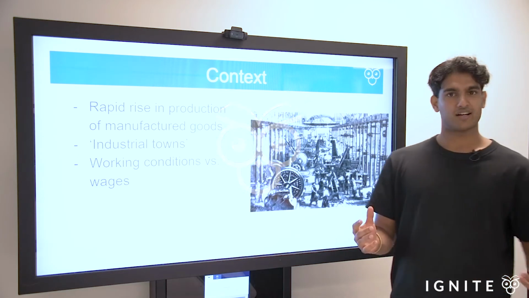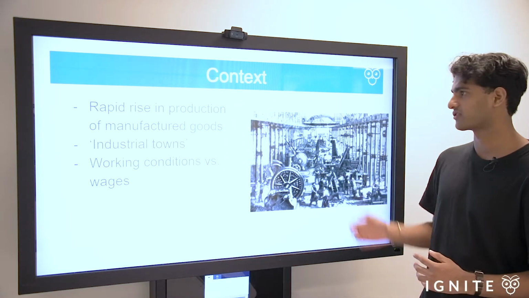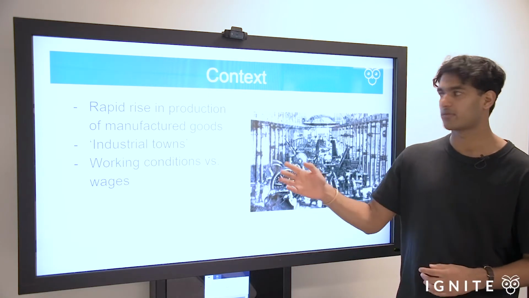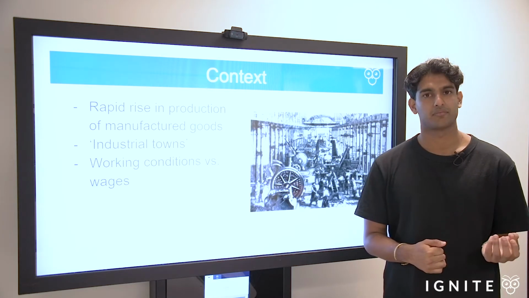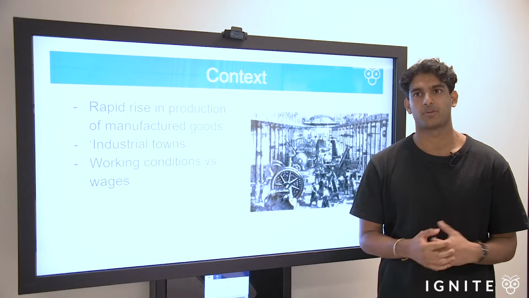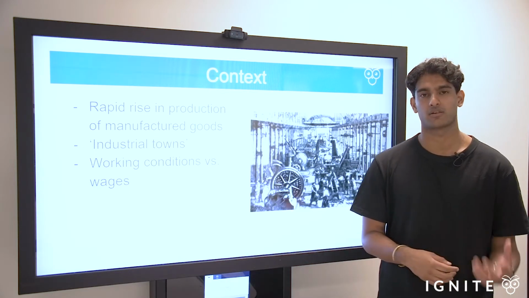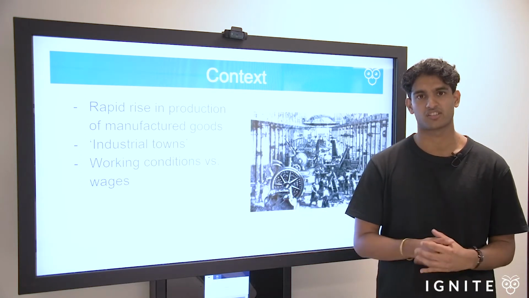So there are three parts which you want to consider when we're thinking about context in Pygmalion. The first is industrialization. Now, industrialization was defined by a rapid rise in the production of manufactured goods. And at this time, as a result of this, Britain became a global power. It exercised influence in a lot of territories, and this was an offshoot of their significant colonial expansion into India